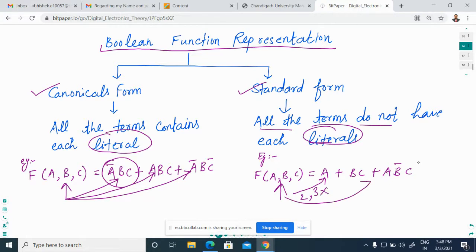In the second case, B and C are present, but the first variable is absent. In the last expression, all three variables are present. So the standard form is where literals are not present in each case.